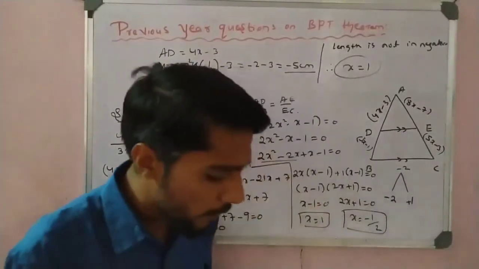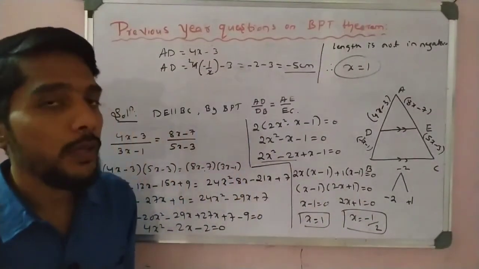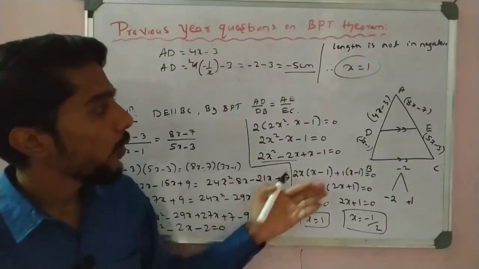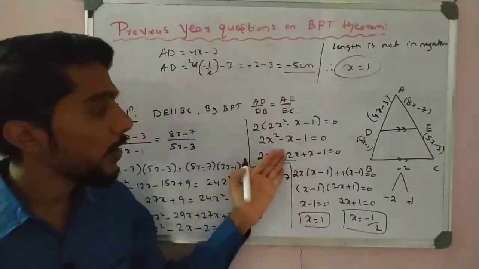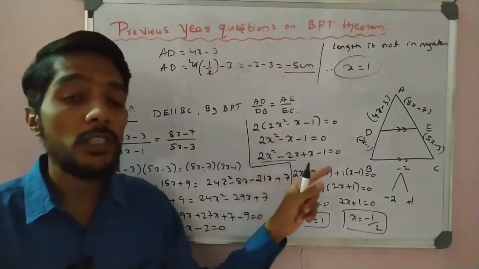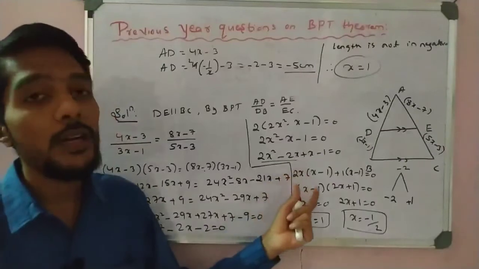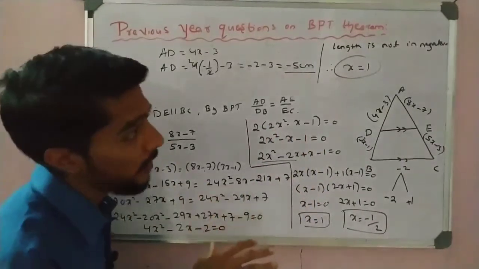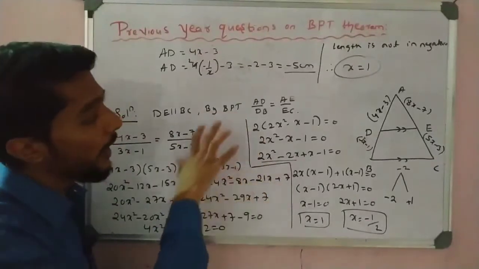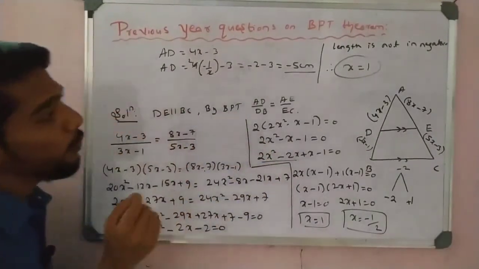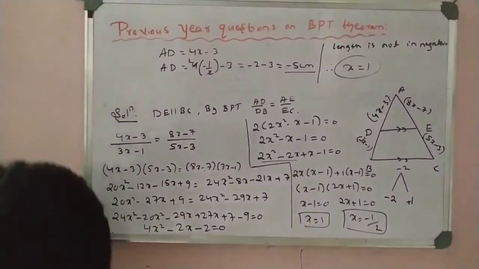So this is one type of very important question we have to solve. Here we use two types of operations. One is the BPT theorem, and after that we have to use the quadratic equation solution, ax square plus bx plus c is equal to 0, that is splitting of middle terms. Okay, that is very important. Such questions may be asked in examination because two operations are there, and it is a 3 marks question. So you have to practice this one. Okay, so please write down this one.